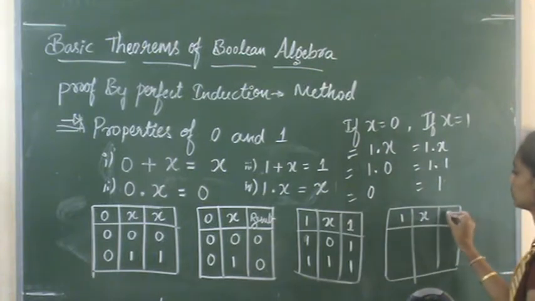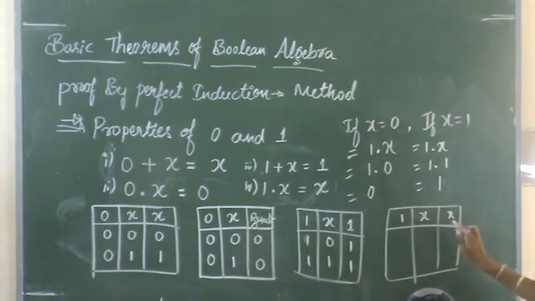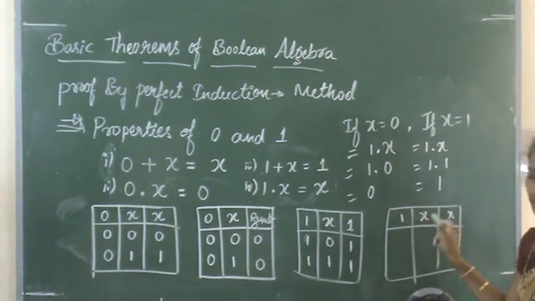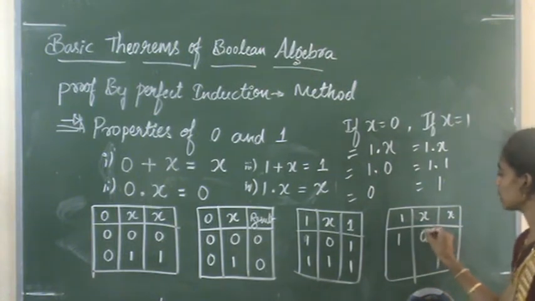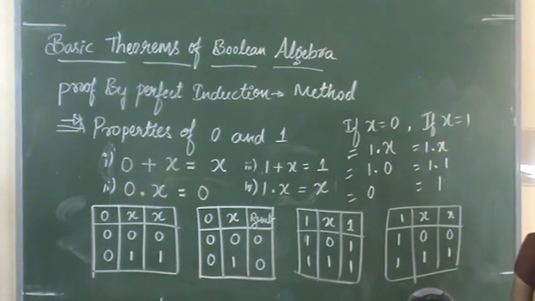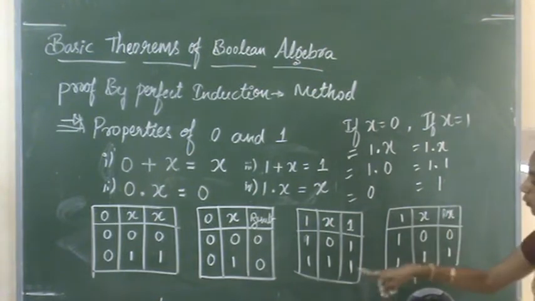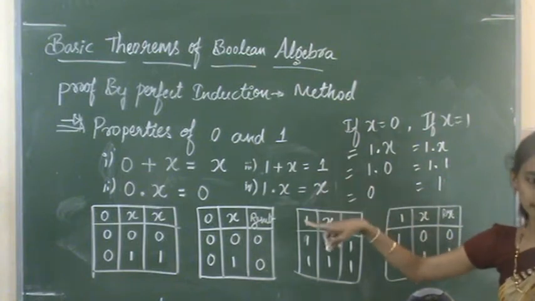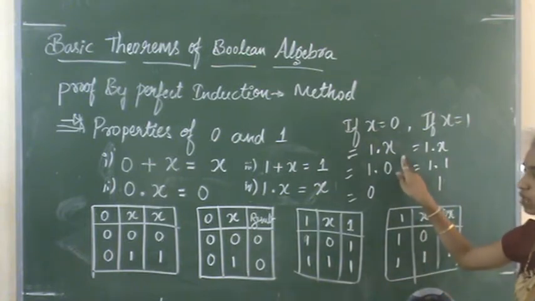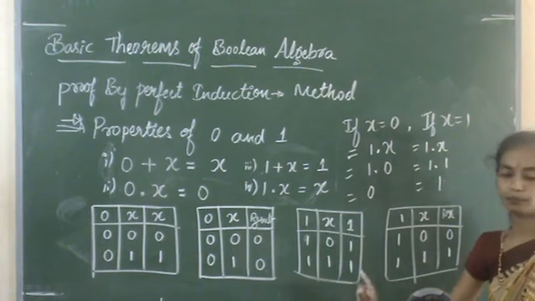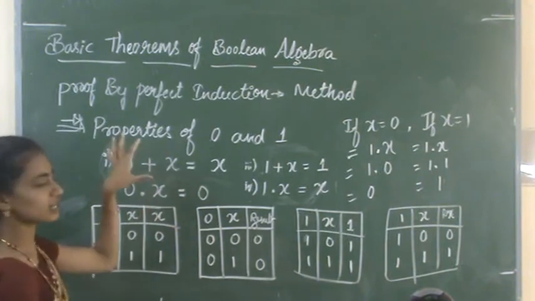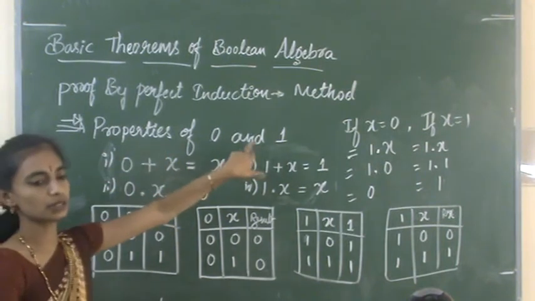1 and x, and then the result will be x. So the result is the operation performed on 1 and x. If I provide x value 0, the output will be 0. If I provide x value as 1, the output will be 1. So this is the truth table for these equations or theorems. This is proving algebraically, the algebraical method. This is the truth table method. Listen carefully. This is the first property, the first theorem, that is properties of zeros and ones.